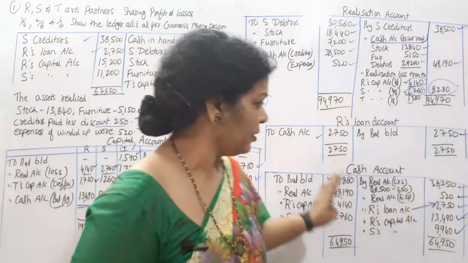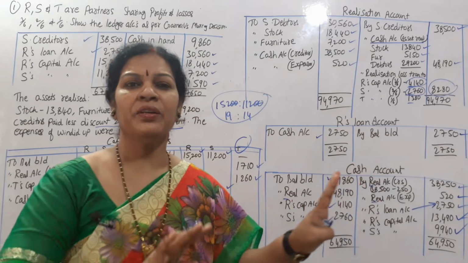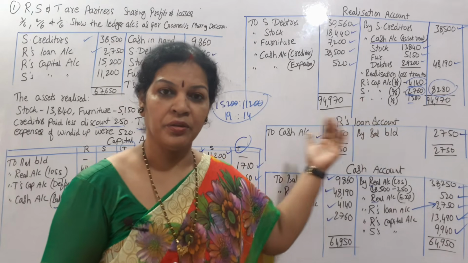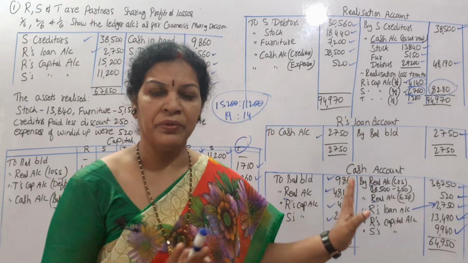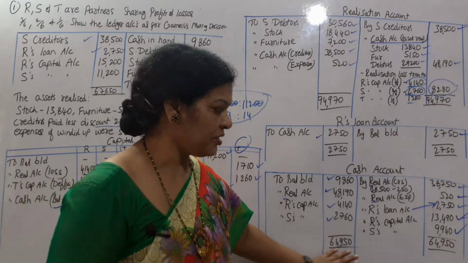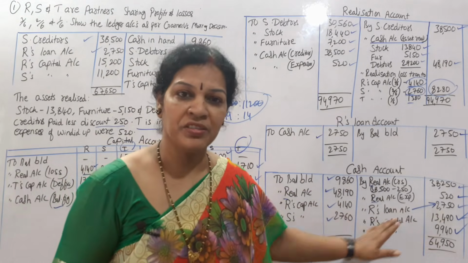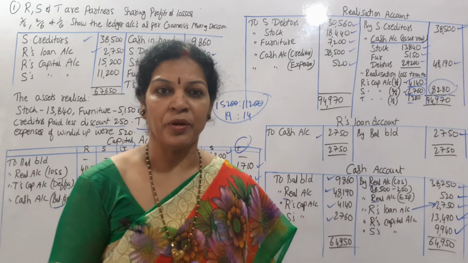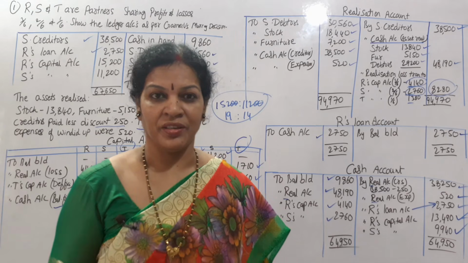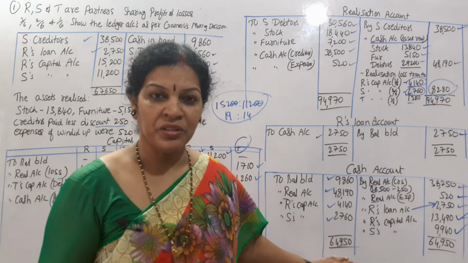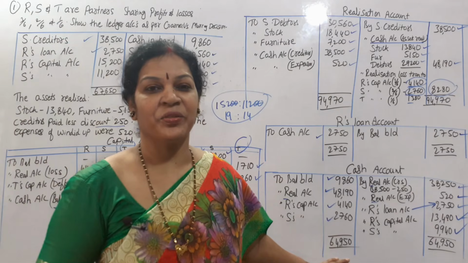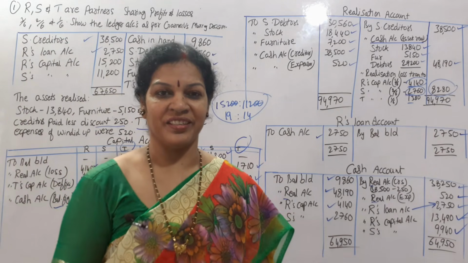Got it? We have just transferred wherever we found the cash, whether it's in the realization account or capital account or loan account. From everywhere we have just transferred the cash account. Here at the end it is tallying, 64,950, both the sides you got. It means the problem is correct. We did not make any mistake. Like if the cash account is tallying, final accounts balance sheet has to tally, here the cash account has to tally. It means everything is clear.